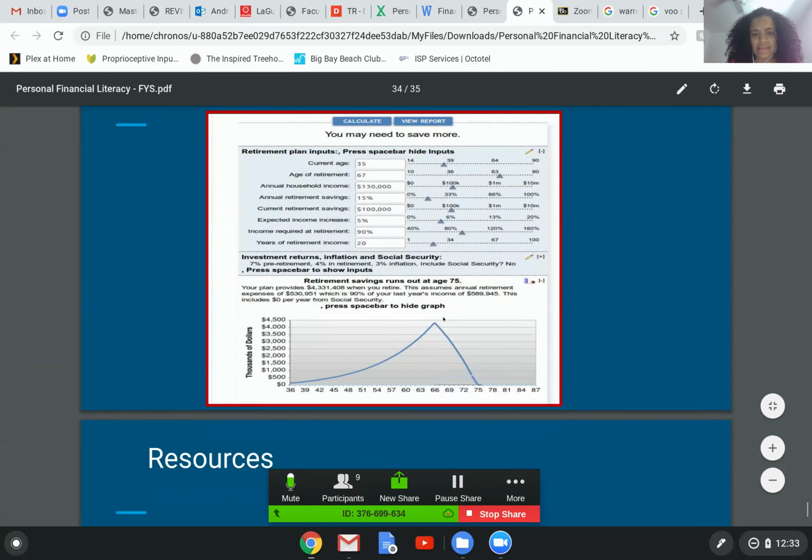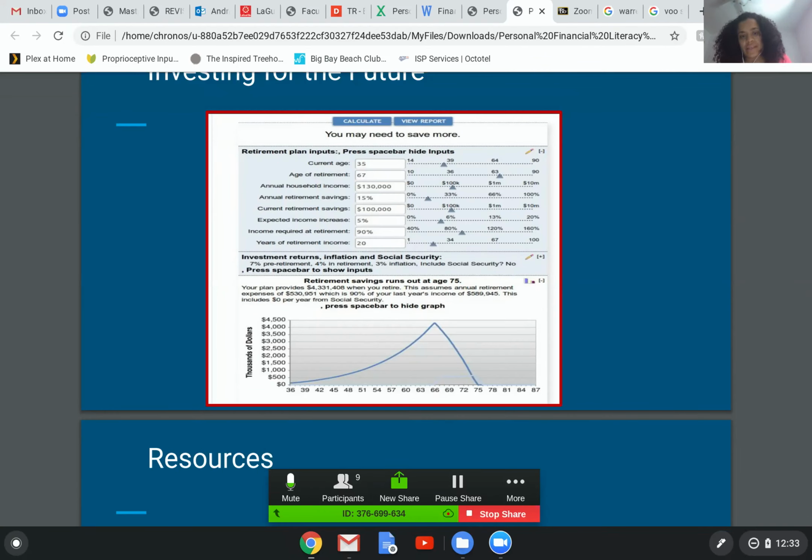What does this thing tell us? That this person will actually run out of money by 75. So if they do live to 87, they'll have 12 years when they're pretty old, and this was actually me a few years back when I did this. I'll have 12 years of not having income, or I will have to drastically alter my standard of living in order to stretch my money. And what's sad about that is you work your whole life to hopefully retire and be able to enjoy the fruits of your labor, and then come to find out that you now have to scrimp and save.